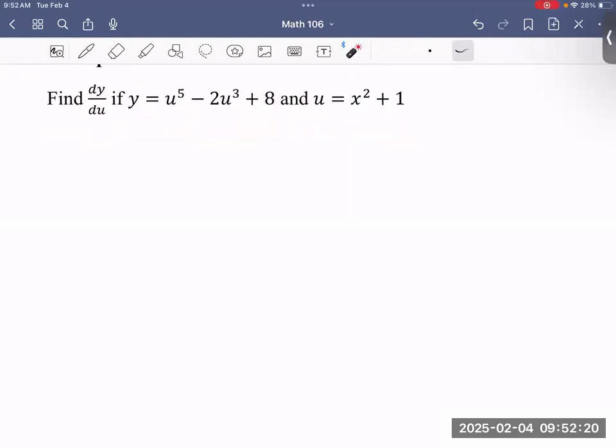If we're looking for dy du, and they already tell us what u is, your first method could be to substitute